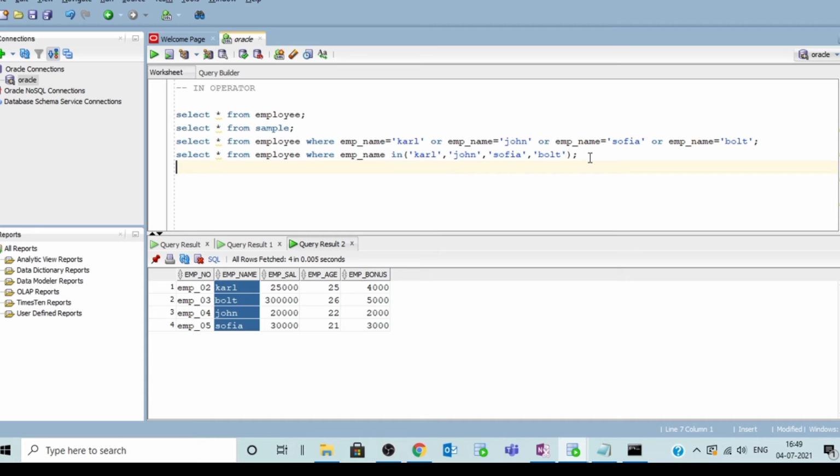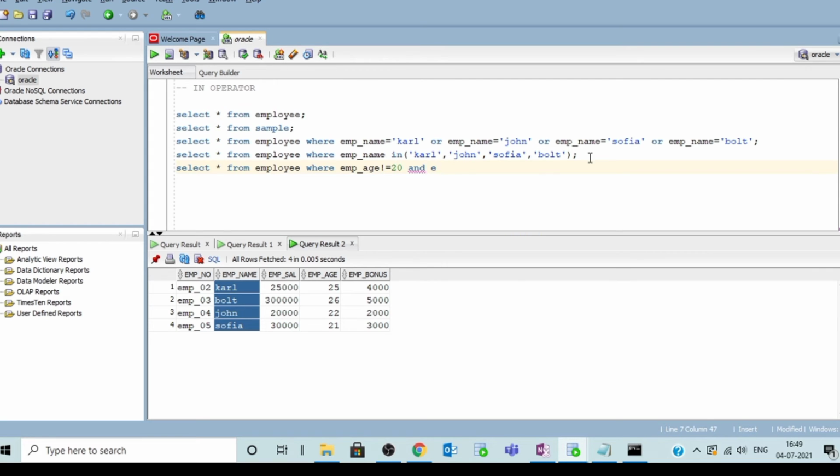Let's try an example using not equal to. Select star from employee where employee age, we'll try it with age now.